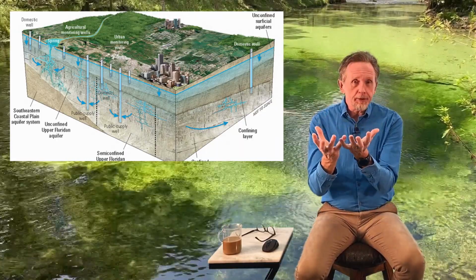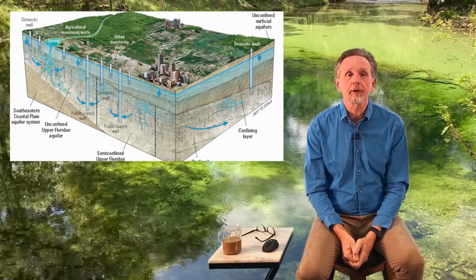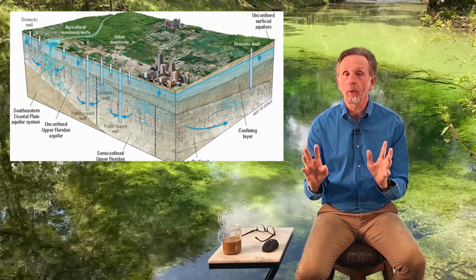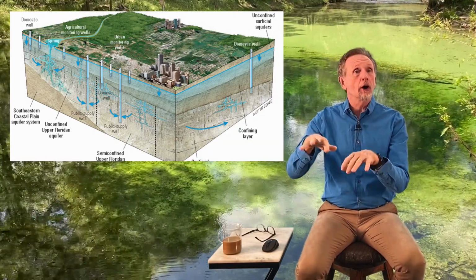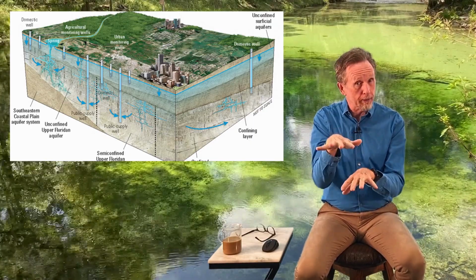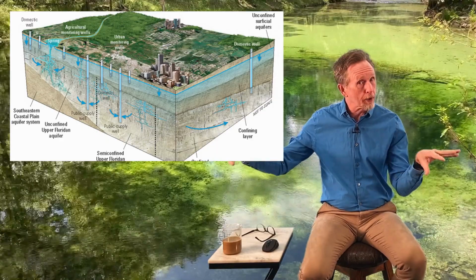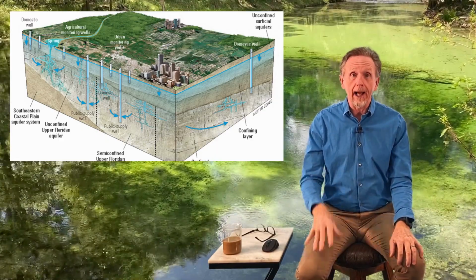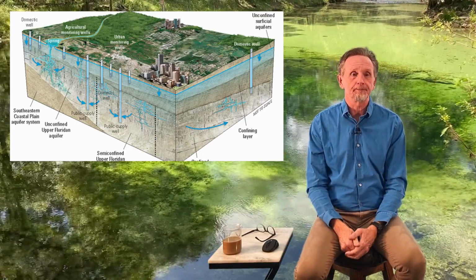Now, as it begins to sink down through the soil and other things, it eventually reaches a level where the rocks in the soil are saturated with water. And this is our water table. Lakes are at the top of the water table. That's where the water table is. And at that level under the ground, there's water all under the ground that we can't see. We only see it at the lakes or a marsh or swamp, possibly.